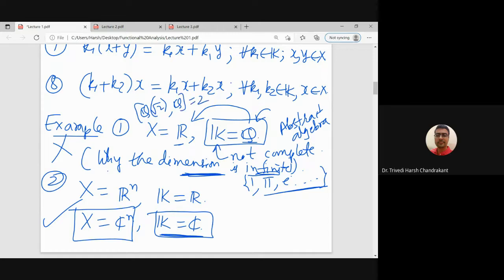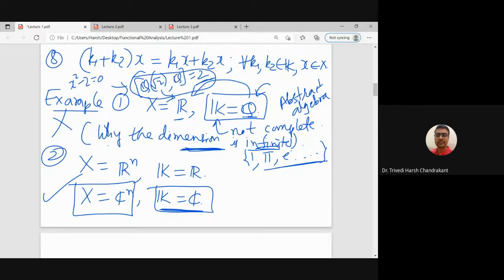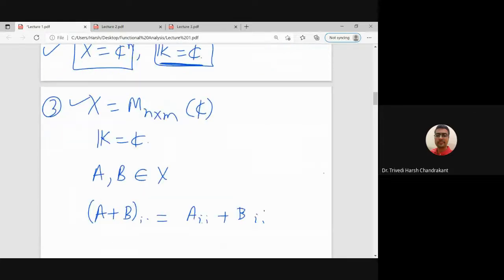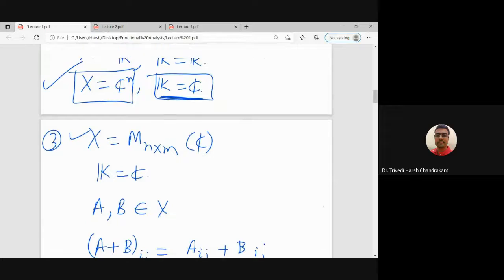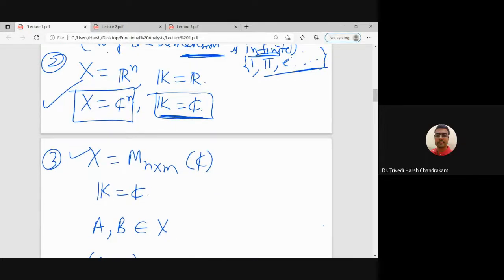is 2, and this is an extension related to the polynomial x square minus 2 equals 0, right? So here the dimension is 2, but there are so many such irrational numbers in R. So one by one we add, then we can observe that the dimension is infinite, right? So this problem is related to Galois theory, and we'll not go into much detail because we only need some examples of vector spaces. So we discussed Euclidean spaces, that is Rn, Cn,